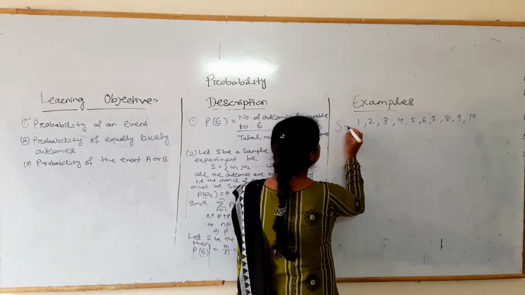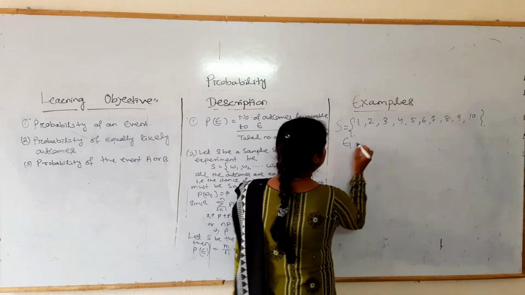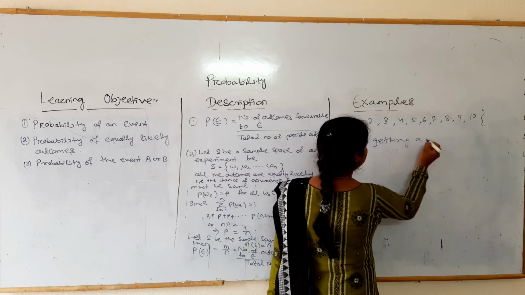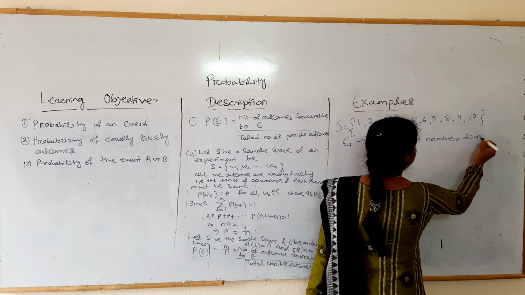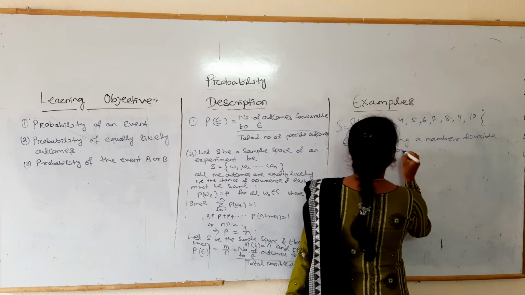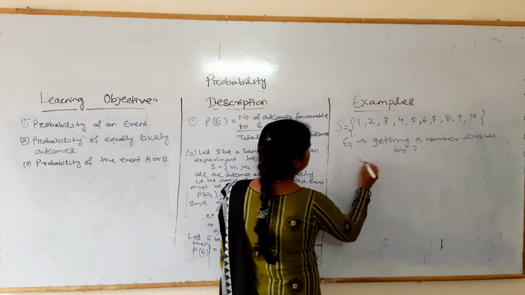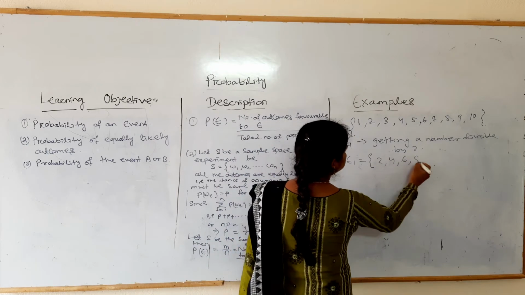That means here the sample space is S equal to this set. E1 is the event of getting a number divisible by 2. That means from this, the numbers divisible by 2 are E1 equal to 2, 4, 6, 8